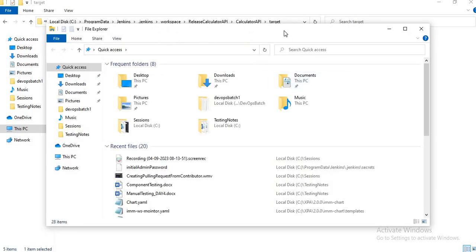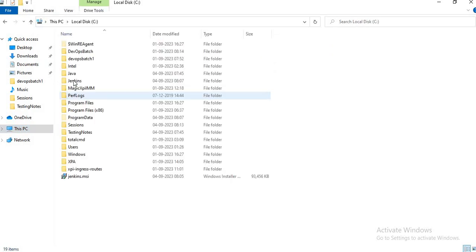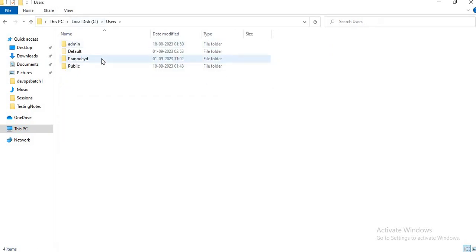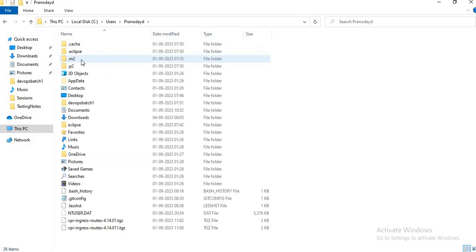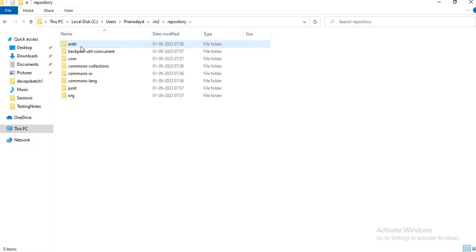Let's check out our local repository now, which is C, users, our current user, .m2, and this is our default local repository location. Inside this, let's check out our jar file installation.